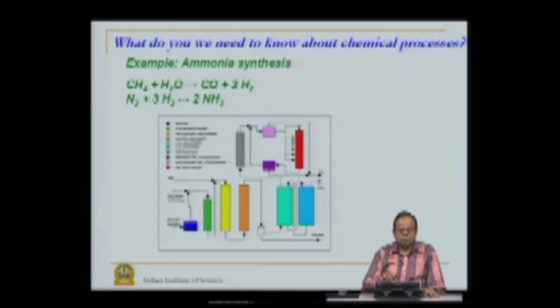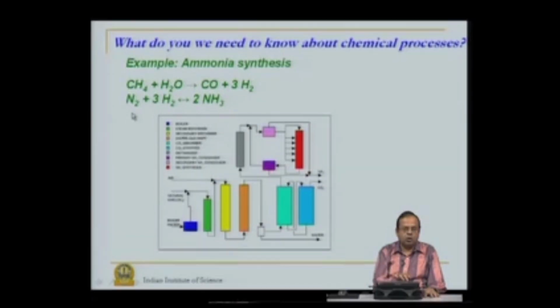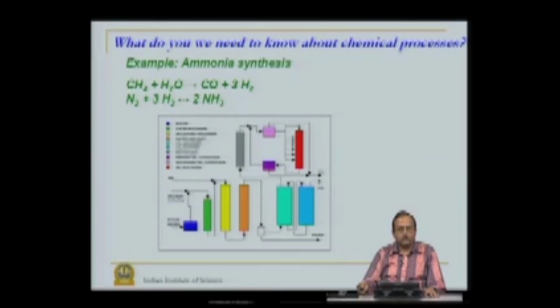This is for the following fact: even though we can say that our raw material is nitrogen and hydrogen, where do we get this raw material? Nitrogen, of course, we can get it from air, there is plenty of it, provided you remove oxygen. But what about hydrogen? Where do we get this hydrogen? We get this hydrogen from this first reaction, that is methane plus water giving rise to carbon monoxide plus hydrogen.